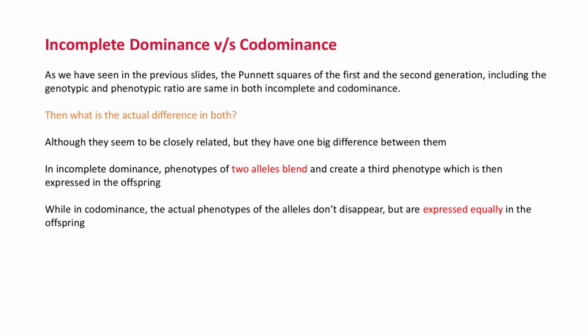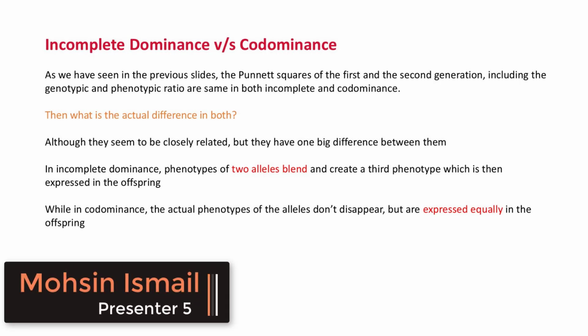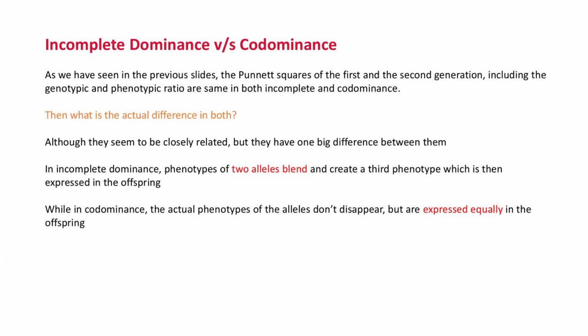Incomplete dominance versus codominance. As we have seen in the previous slides, incomplete dominance and codominance have several properties that are common in both, like the Punnett square of the F1 and F2 generations and their phenotypic and genotypic ratios. Then what is the actual difference between them? Although they may seem to be closely related in terms of their properties, they have one main difference that